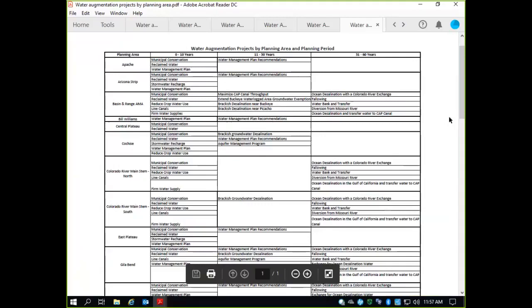Because the desal option assumes California is willing to work with us and doesn't want all that supply for themselves, or that Mexico would be willing to work with us. And I don't know that those are any easier environmentally and politically than capturing flood flows somewhere, whether it's the Missouri or wherever. Do I think that's a very pie-in-the-sky idea? Yes, I do. But do I also think that the ability to bring in millions of acre-feet of desal is fairly pie in the sky as well? Honestly. And yet, if we don't look at some of those,